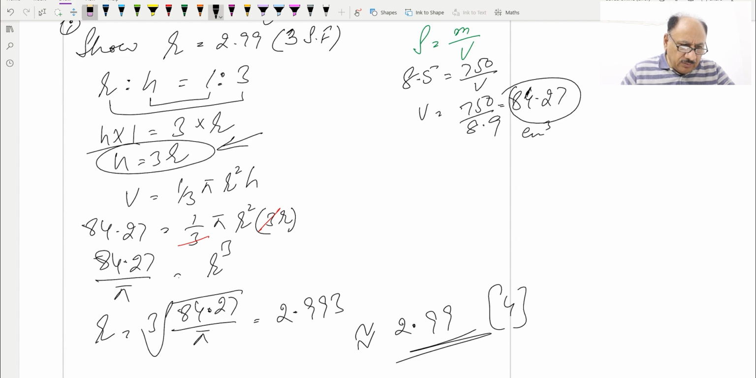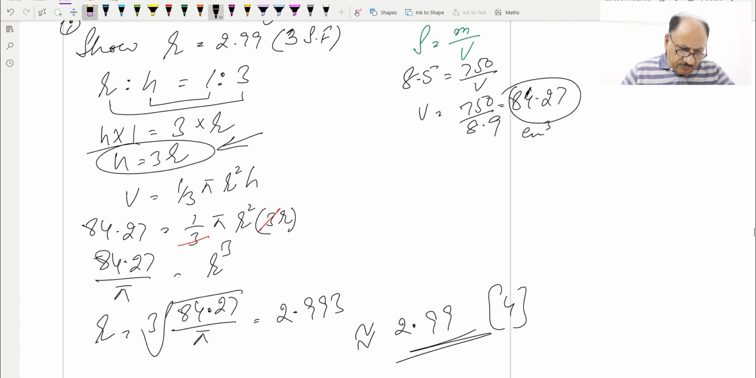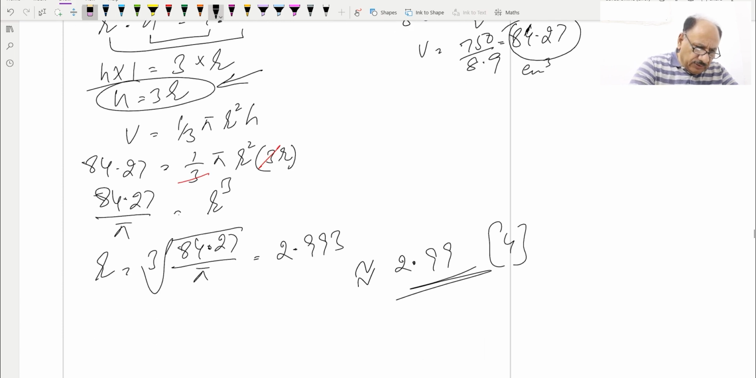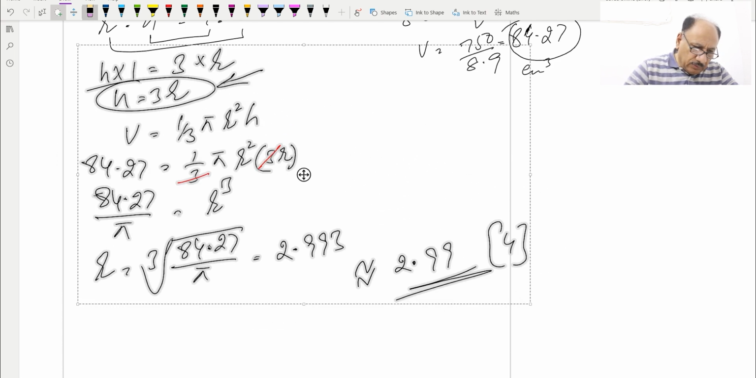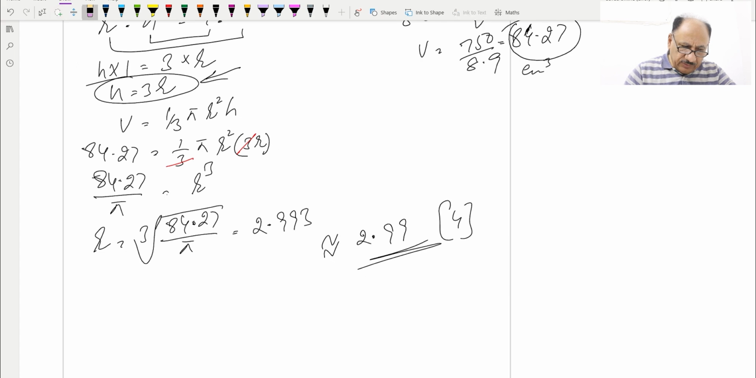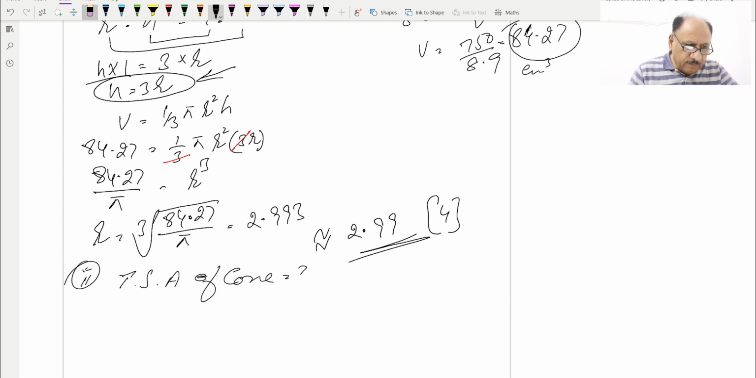Now the next part they are saying calculate. So before going to the next part, I will shrink this a little so that we have space for the rest, and this one to a readable size. And now we can solve the second part, and the second part says calculate the total surface area of the cone. So total surface area of the cone we need to calculate, and we know the curved surface area of the cone is